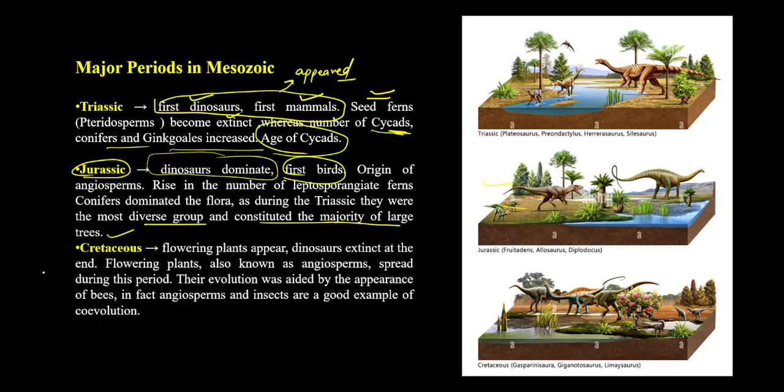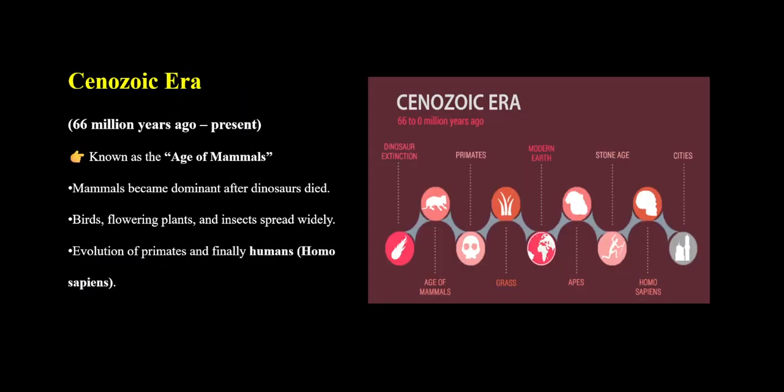Then the Cretaceous period: flowering plants, angiosperms, appeared. Dinosaurs went extinct at the end due to an asteroid impact, and flowering plants, also known as angiosperms, spread during this period. Their evolution was aided by the appearance of bees. In fact, angiosperms and insects are a good example of coevolution. Clear? Then third is